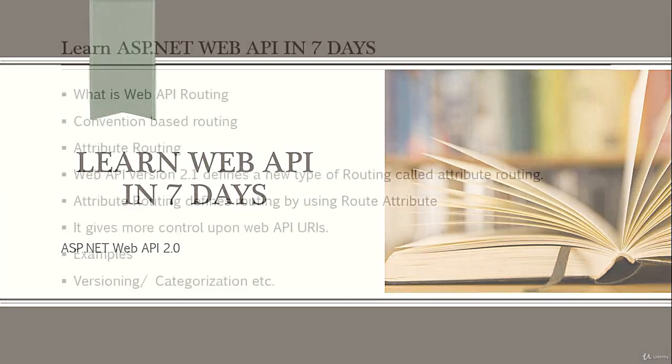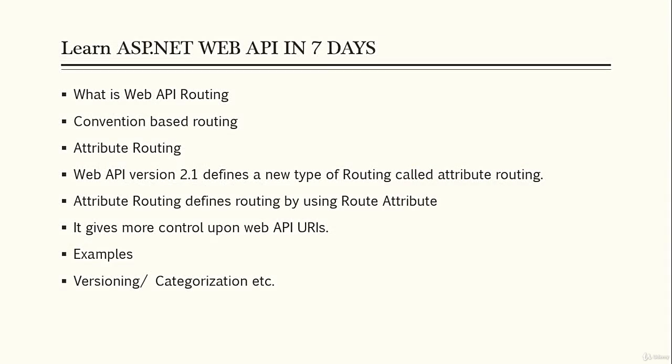In this video we are going to talk about what is Web API attribute routing. Well, Web API provides two types of routing, convention based routing and attribute routing. We have already discussed convention based routing in one of the previous videos, and now let's talk about what